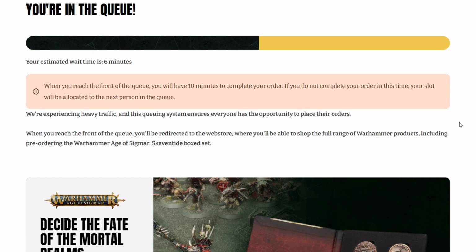As far as the actual Skaventide Launch Box, what we've seen in the past, specifically with things like Dominion, is basically the best case scenario for Games Workshop, but the worst case scenario for independent retailers, where Games Workshop sent out an initial order to retailers to fill their demand, had limited allocations, sold a ton of copies direct through their own web store, and then immediately, without notification, as soon as the initial demand was satiated, they essentially just dumped all the remaining stock on those retailers using the FOMO, the excitement, all of the marketing that they put